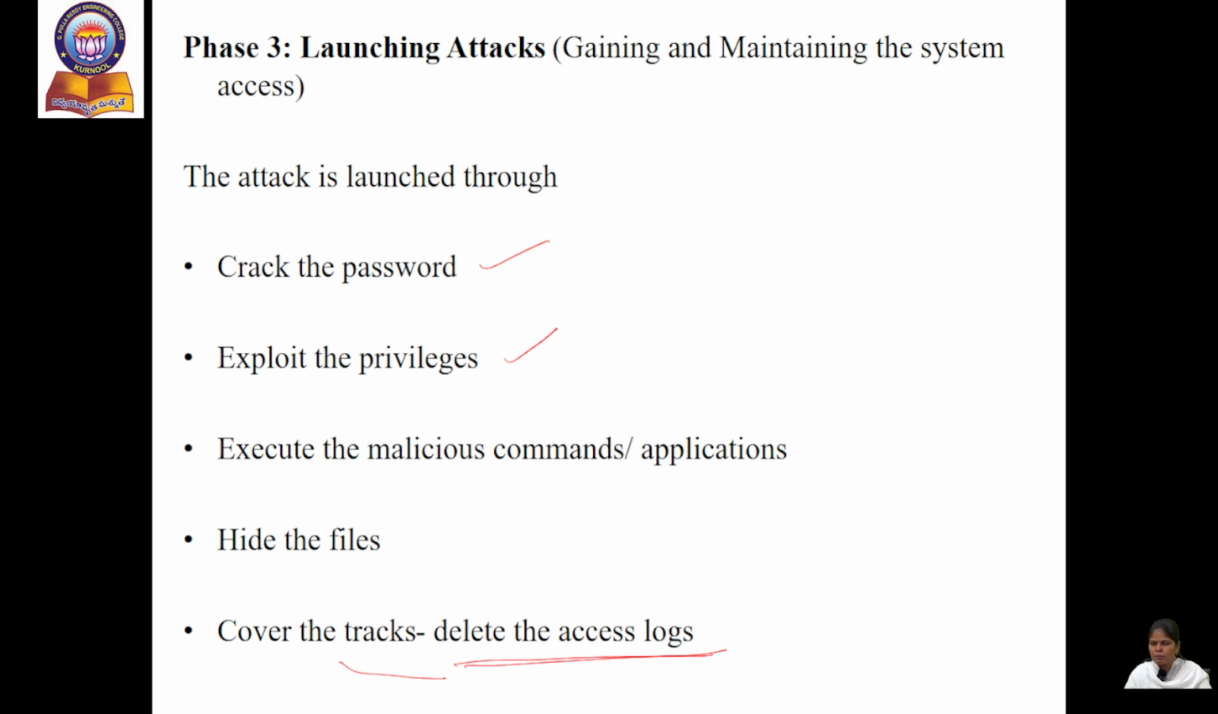Access logs mainly store all the activities and accessing operations performed by a person on a system. Those will be deleted by an attacker so that no one can come to know whether he has attacked or not, right? So these are the different phases of launching the attack. So here the attacker mainly planned